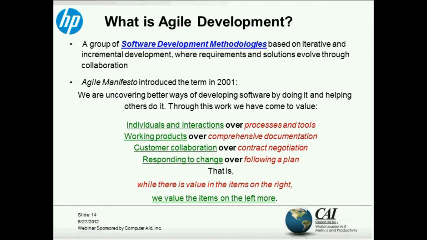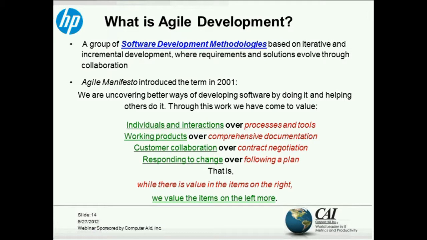So the focus of Agile is on individuals and interactions over processes and tools, not ignoring them, but over them. Focus on working products over comprehensive documentation. A focus on customer collaboration over contract negotiations. And a focus on responding to change over following a plan. And one of the important aspects that sometimes people ignore is that there's also the statement in the Agile Manifesto that says, well, there is value in the items on the right.